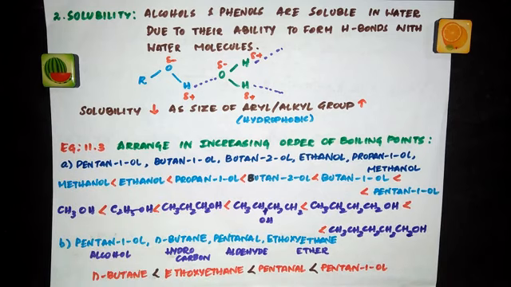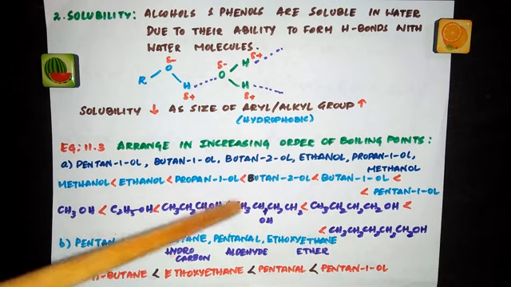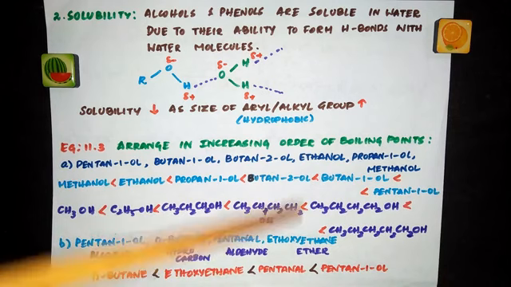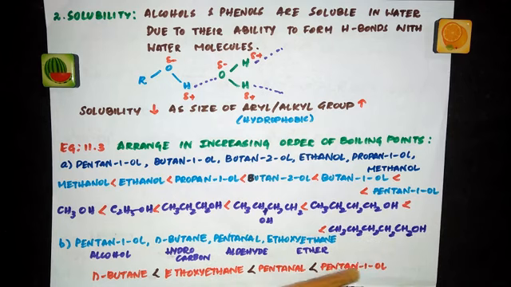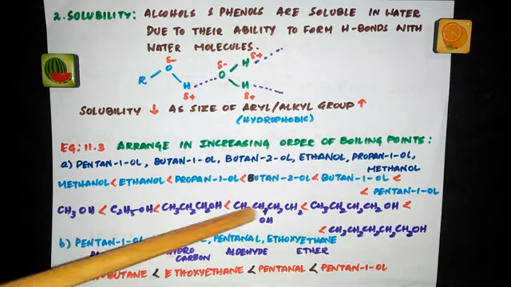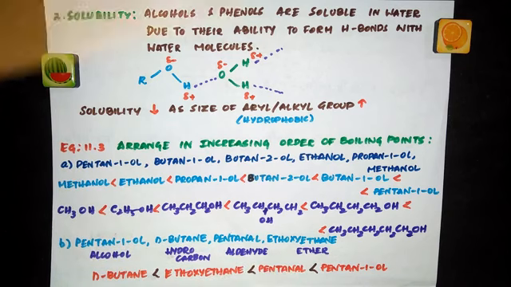So they have given you different functional groups. We know pentan-1-ol is an alcohol, n-butane is a hydrocarbon, pentanal is an aldehyde and ethoxyethane is an ether. And just now we have seen that among all these, alcohol has the highest boiling point. And again, what is the reason? It is due to the intermolecular hydrogen bonding. So pentanol has the highest boiling point. After that we have the aldehyde, pentanal, and then we have the ether and finally the hydrocarbon. So we have arranged these in increasing boiling points.